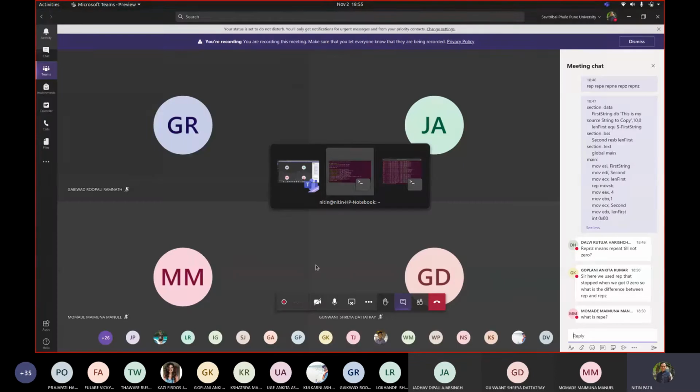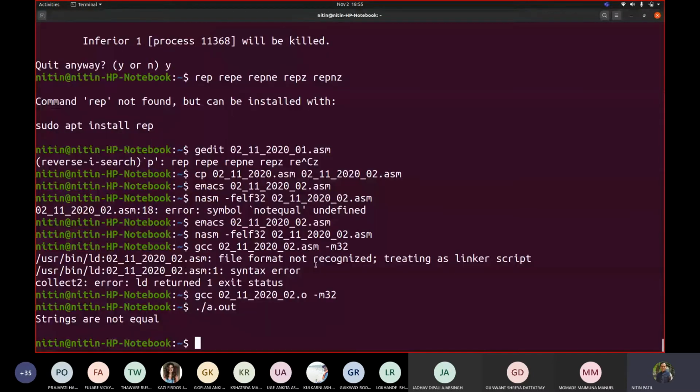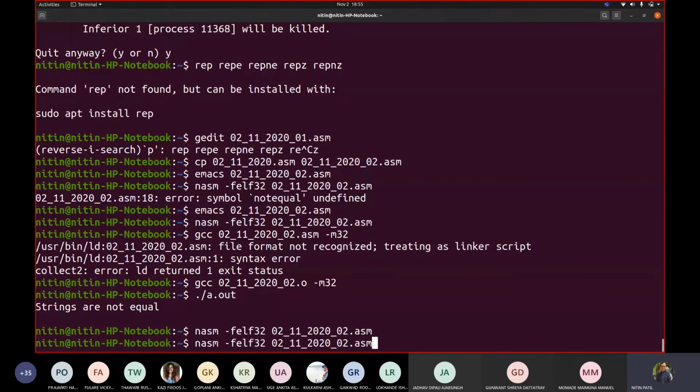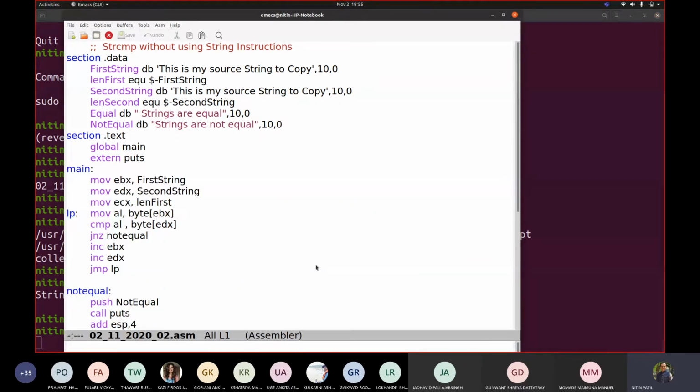Correct. Now what should I do to get that code back? See, whether my strings are equal or not equal. Suppose I go back to my code, and see whether the given strings are equal. Are they the same? Yes, but still it is saying that they are not equal. Strings to copy.